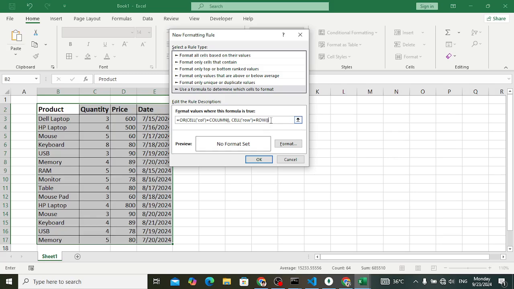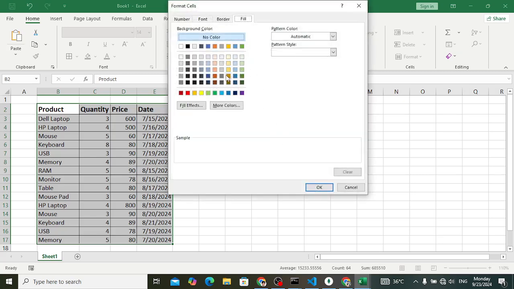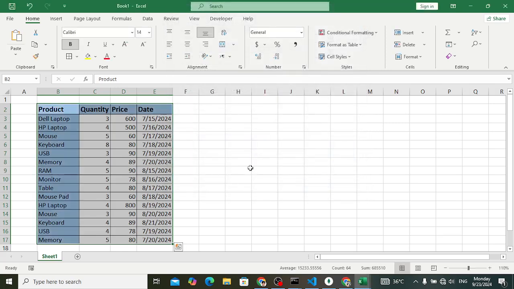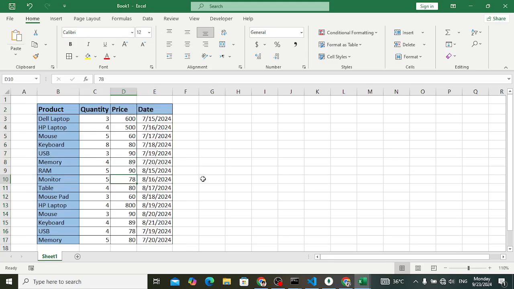Close the quotation and close the OR function and come here to the format. I will paste this formula in the description, so don't worry about that. Come here to the format, and for example, I want to highlight it in blue color. Press OK and press OK. By default, the first row and the first column are selected. But if you select here and press F9, but we